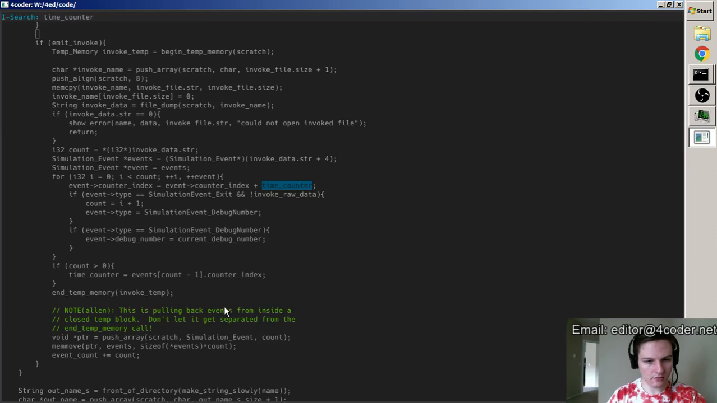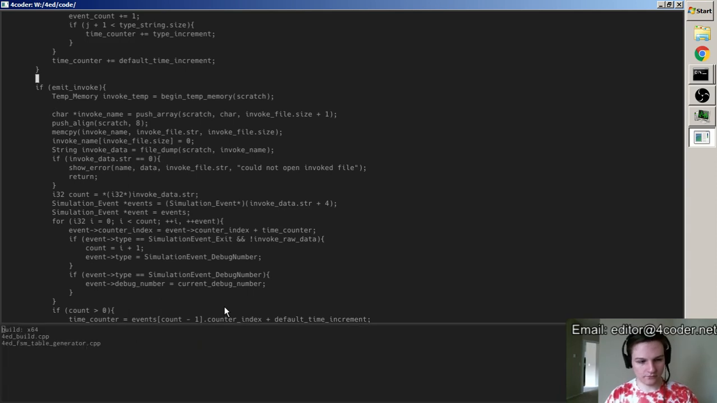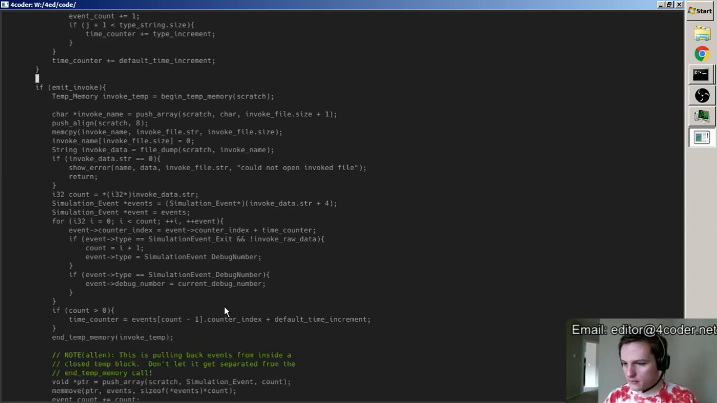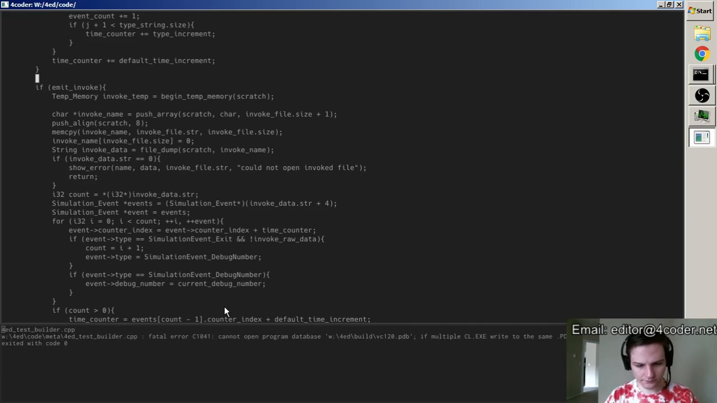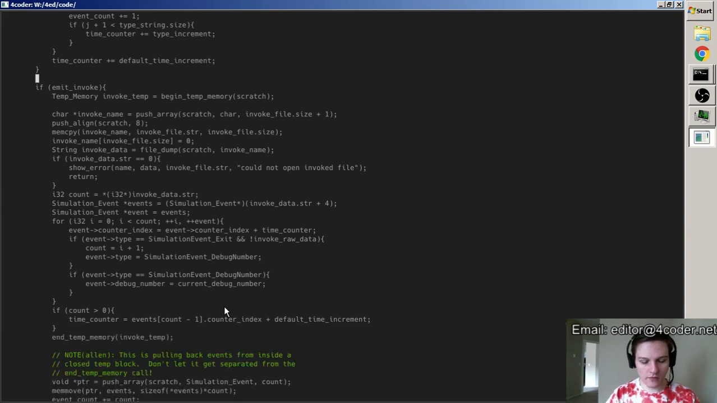Time counter. We shift all of those up, and then we take that. I'm actually going to put this right here, default time increment. Okay. Oops, didn't mean to build that. Okay. So now,